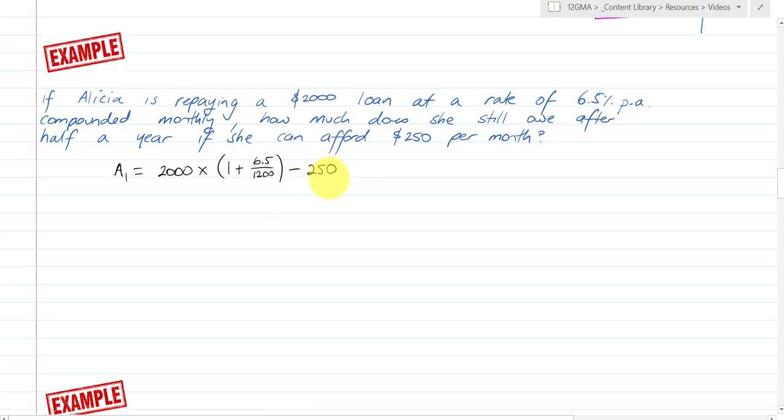Now, in the past, with compound interest, we'd just put a 6 up here and be done with it. But it's not the case anymore, because now the problem is that we're repaying each time as well. So it's just that level trickier. But I'm going to do this calculation, and I'm going to set up a recursion model on my calculator again. So I do 2000 equals, and then I multiply that by the whole lot, which is 1 plus 6.5 divided by 1200. And then subtract 250, and so A1 is equal to